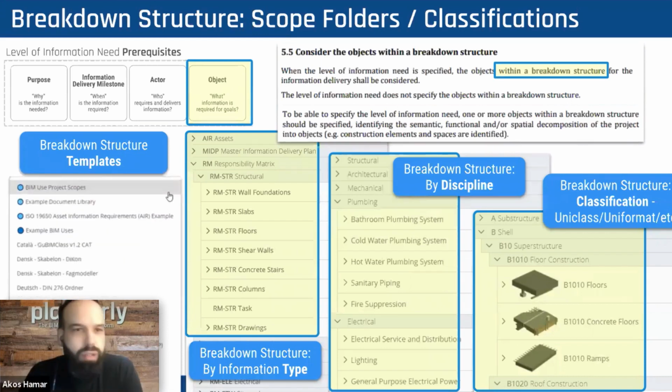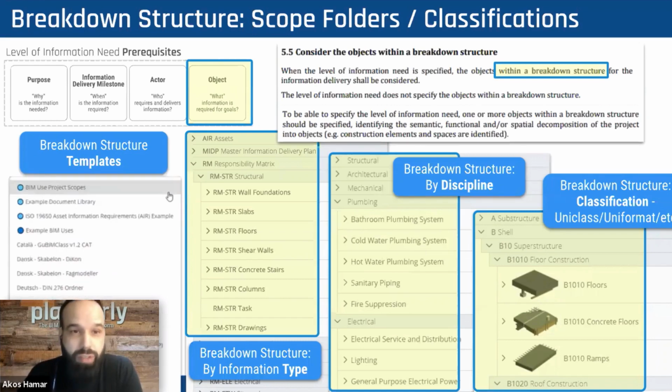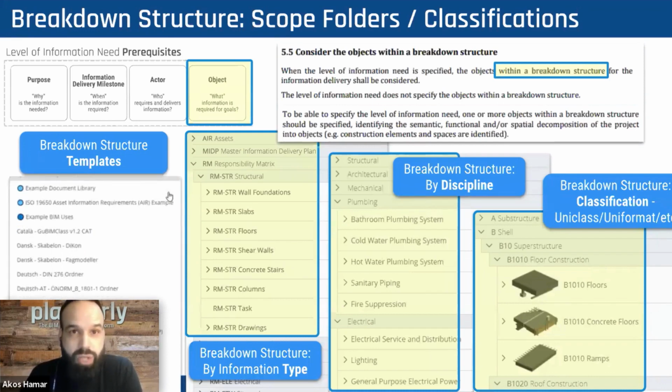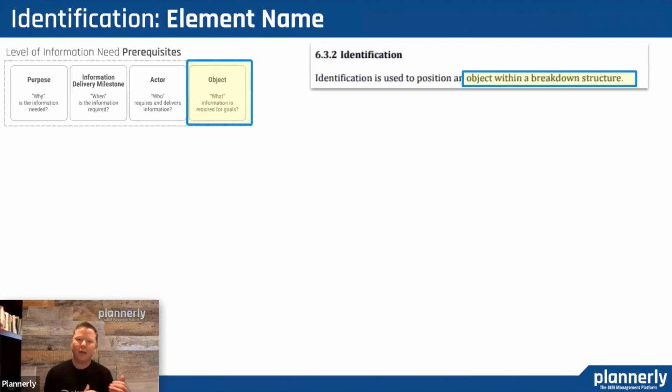And make sure that you are looking in, you can see on the left side, scrolling, look into our templates, because we have a huge amount. We keep on echoing the biggest ones, Uniclass, Uniformat, Masterclass, those, but we have some local great classifications as well. So most likely you will find what you are looking for. Great point. Yeah, absolutely.